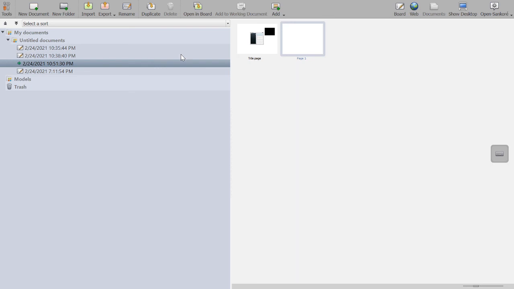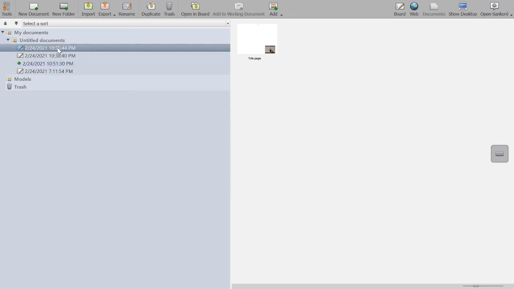Now for managing the documents, Open Sandcore saves everything we do. All the sessions are recorded and saved with a timestamp, that is by the date and time of its creation.